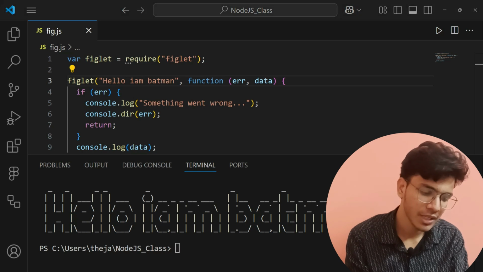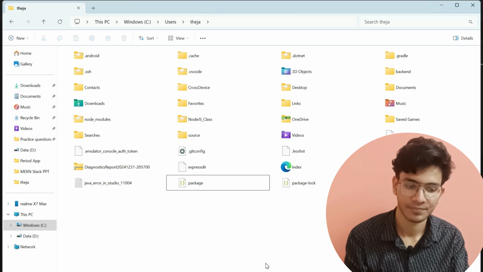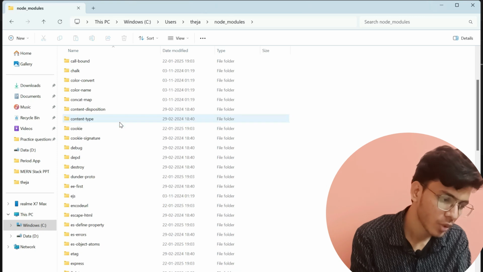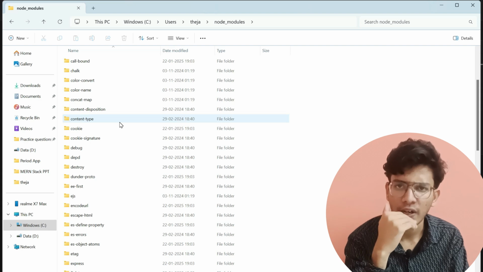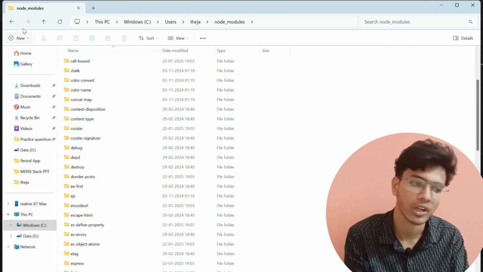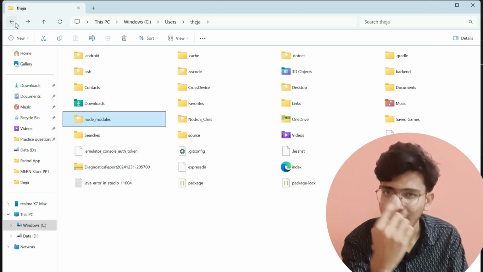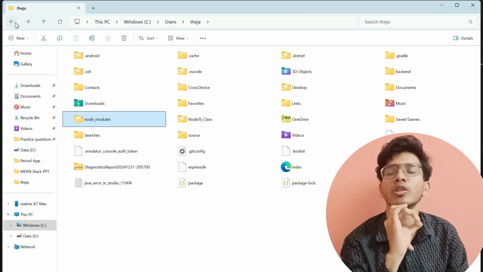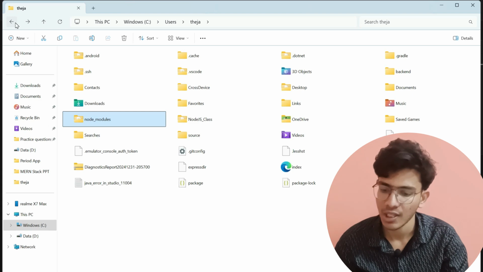And whenever you install something, in the path where you are installing, you will get some modules, right? For example, I have downloaded Node modules. Back then, around 1 week ago, I was working with EJS, and I had to download EJS in order to run my files in my computer. So whenever you download some packages, you will get two things. First one is package.json. Second one is Node modules. What Node modules will do is that it will install the necessary components. For example,